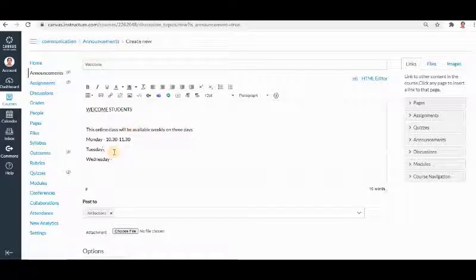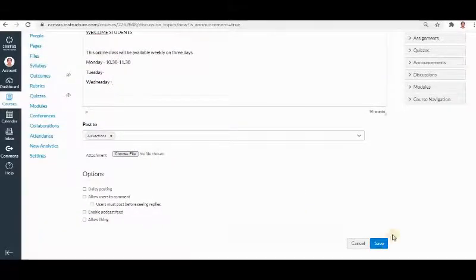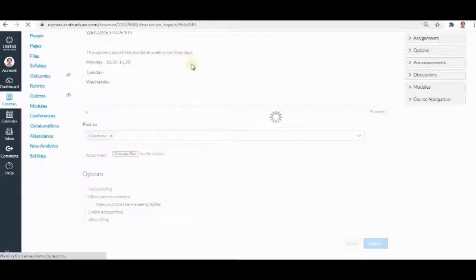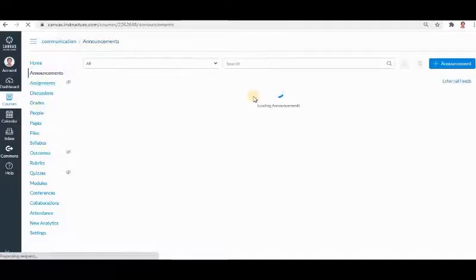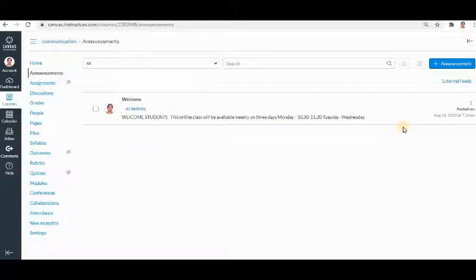So whatever the announcement may be, if you want to provide it to the students, you can provide it by using this announcement tab. Here also, everything you make, you have to publish, then only it will be available to the student. So if you check it in the announcement column, this announcement will be available.